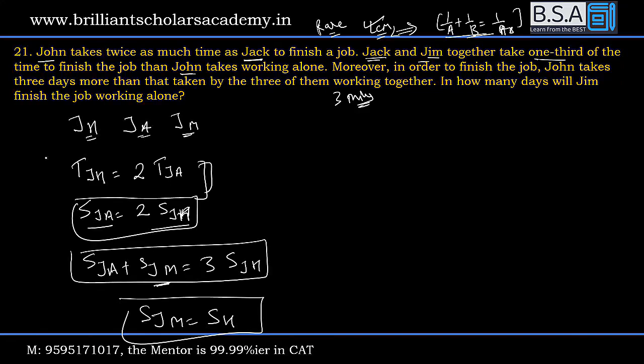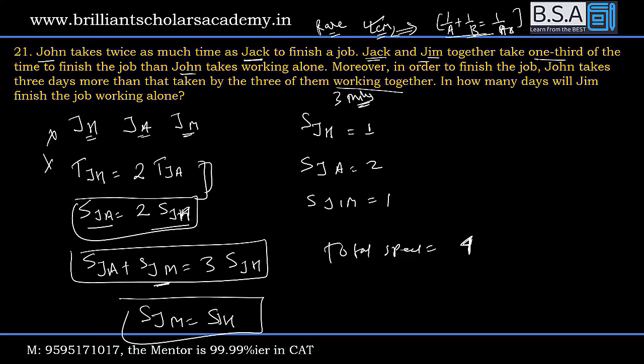These three I'm focusing on. Time I'm avoiding now. I thought I saw a relation in speed, so I'm going with that. Moreover, in order to finish the job, John takes 3 days more than the 3 of them working together. Do you see? If I assume the speed of John is 1, speed of Jack is 2, speed of Jim is 1. So total speed